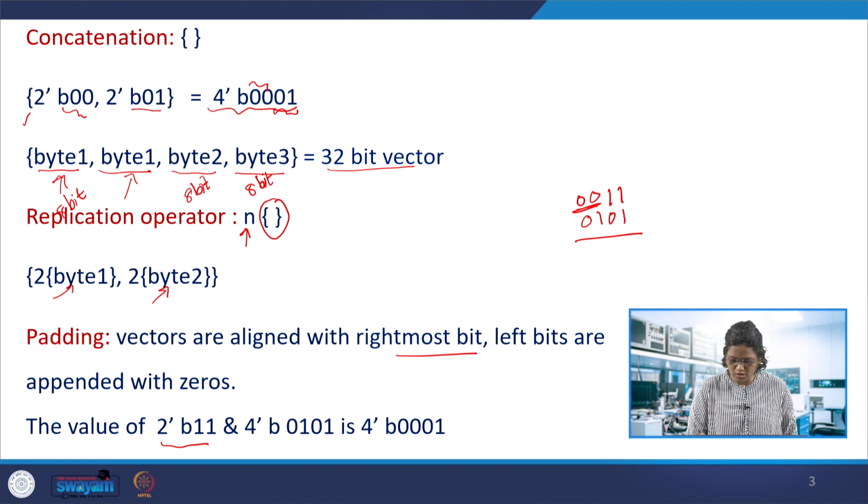So when you AND these two numbers, you would get this one, and this is a bitwise AND. So you have 0 0 0 1 as the output of this operation. So this is the padding with 0. The padding zeros in the most significant bits will be replaced with these zeros.